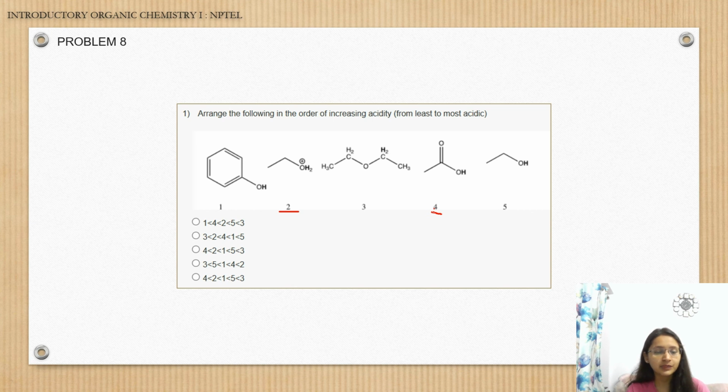So give it a thought: here oxygen is also present with a positive charge. As we have seen, oxygen is an electronegative atom. So now oxygen will stabilize this oxy anion more. The negative charge is stabilized on the electronegative oxygen,